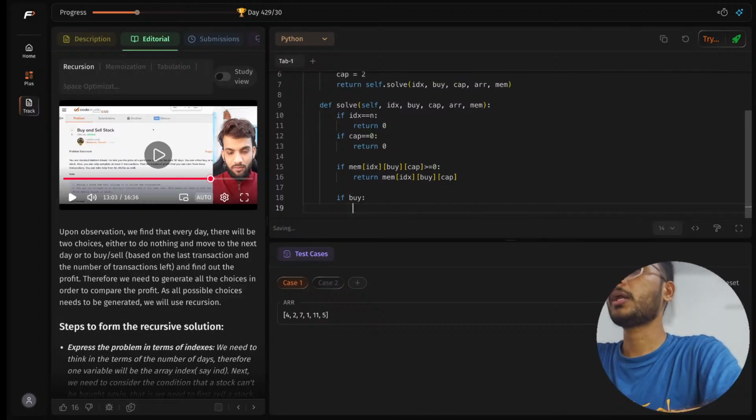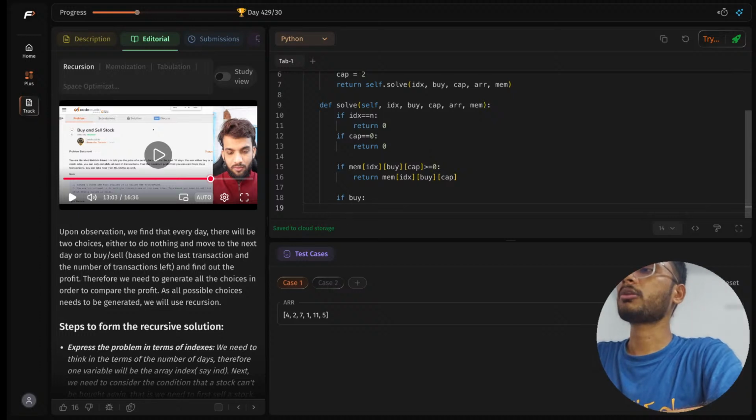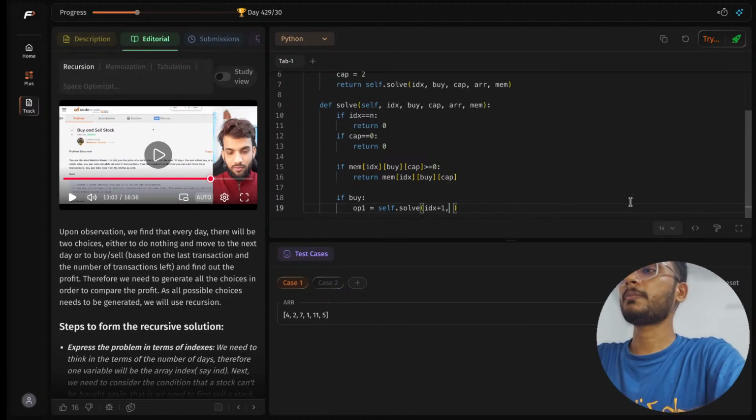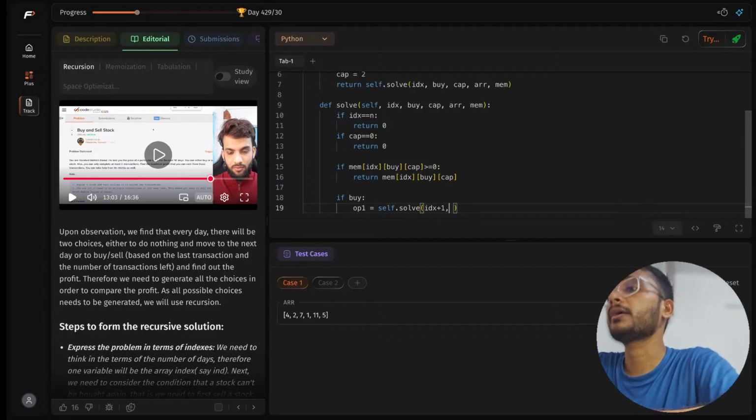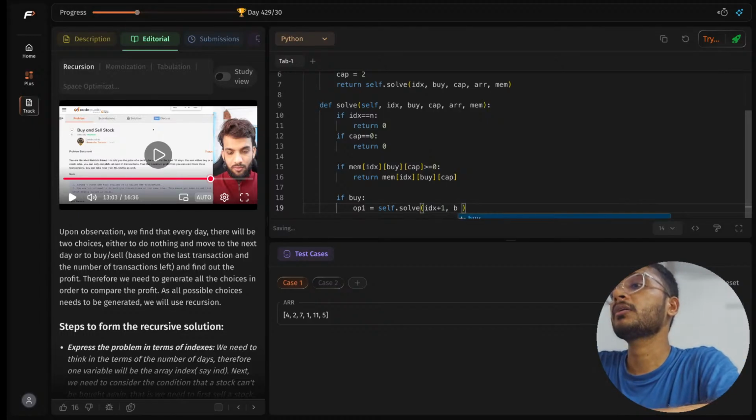If buy, then we can buy only. So buy or not buy. So p1 will say self.solve, and then we are going to pass all the values. If we are taking or not taking respectively, we are moving to the next index. So index will be +1, and here you are buying it, right? So your buy will become 0 because you cannot buy further, you have to sell first, and capacity will become capacity -1,